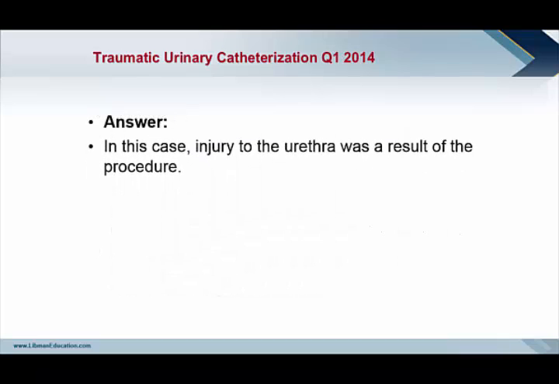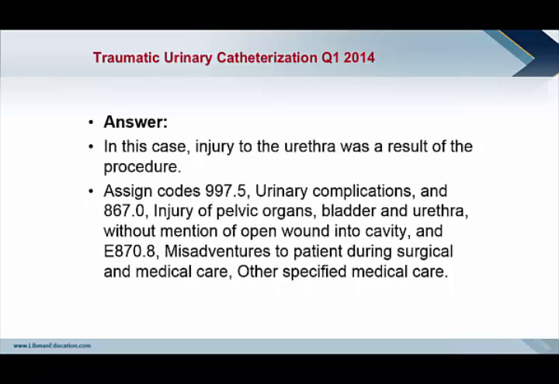a procedure. Therefore, assign code 997.5, urinary complications of a procedure, and 867.0, the specific nature of that urinary complication. In addition, the coding clinic tells us to use an E-code, E870.8, to identify that this was a misadventure to a patient during surgical and medical care. And while we might have many thoughts about this, the real answer to this coding clinic is this is what coding clinic tells us to do in this circumstance, and there's not a lot of wiggle room